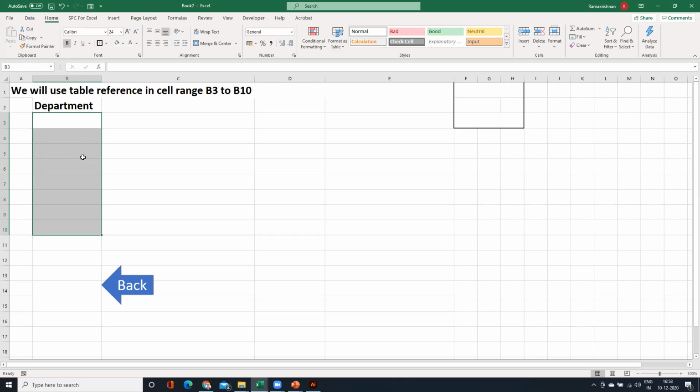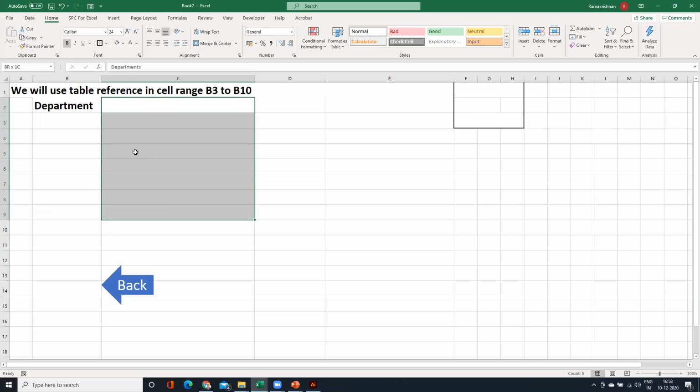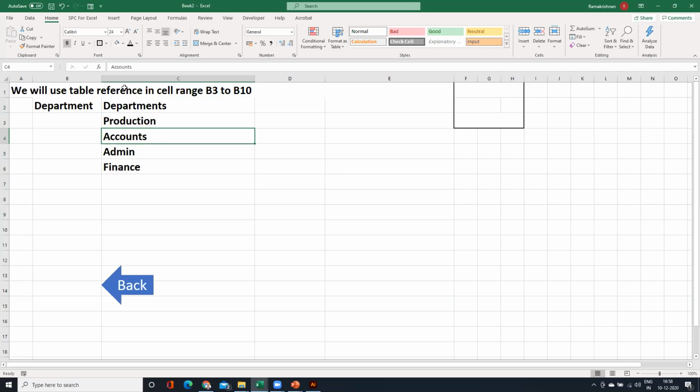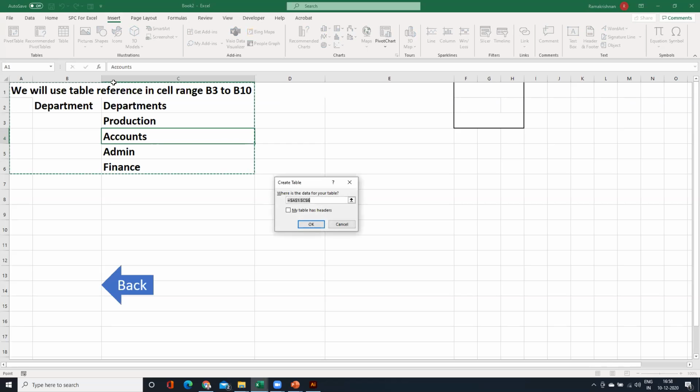For that, I am going to develop a table. So I will write department names here. I have written 4 names. Now I am going to give a name for this. So I just put insert table and then it is showing the entire range. No, I want to take only this particular range,